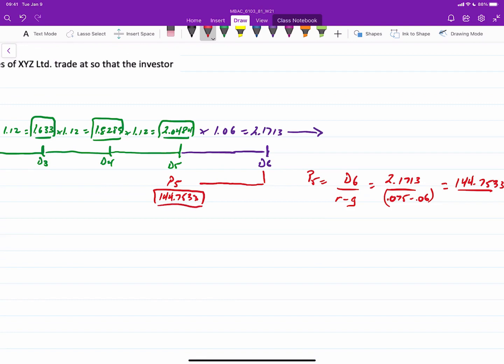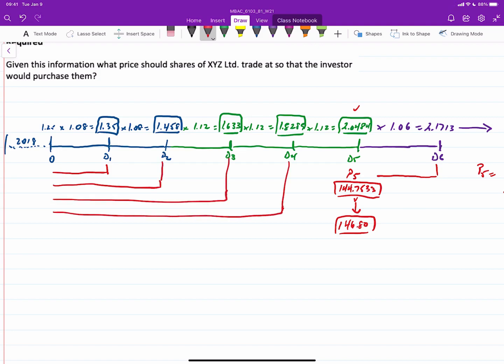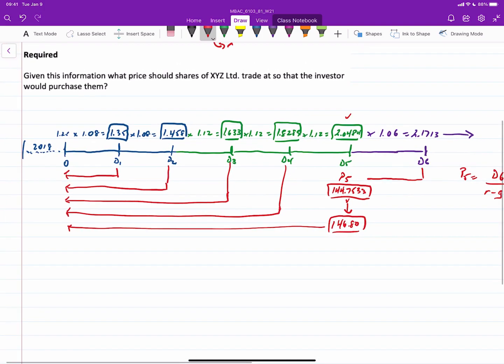So we would add the 144.75 plus the 2.0484 to give us a total of 146.80. All of these would have to be discounted back to time zero individually, but that's a lot of work. And now that we know how to use your cash flow function, we're going to basically discount them all together using the cash flows. You can practice your calculator prowess by calculating the present value of lump sums on your own, but we'll jump right in and take each of these values and put them into our cash flow function